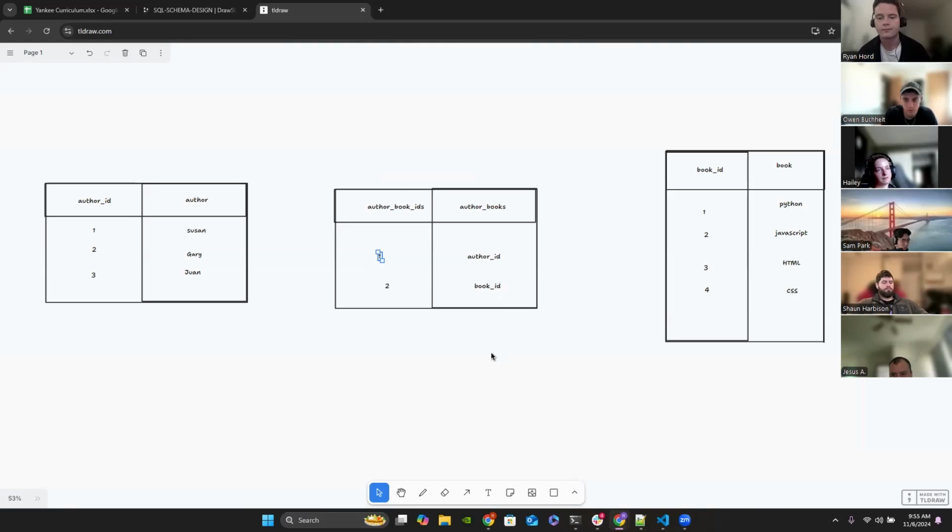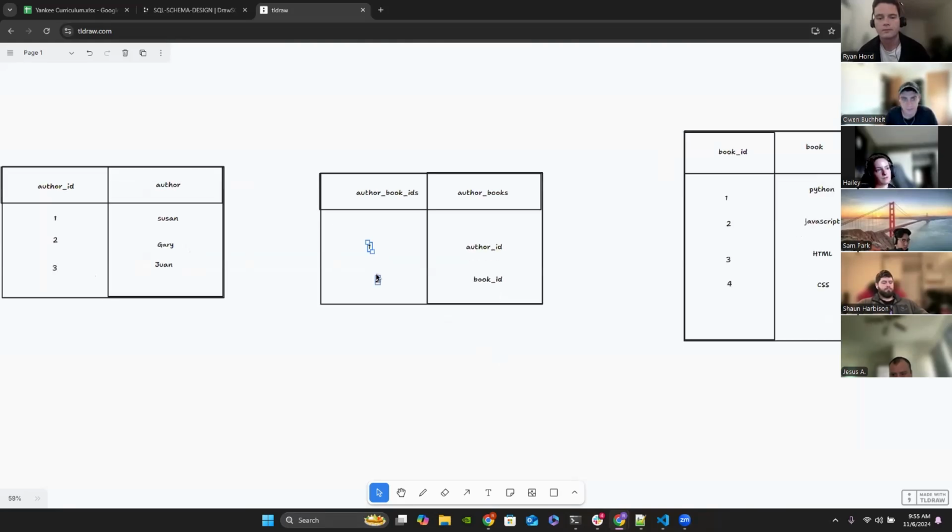And then we'll probably also have its own ID as well. So author book IDs. Or actually, the way we'll probably do this is we'll have, let's just say IDs, author IDs, and then